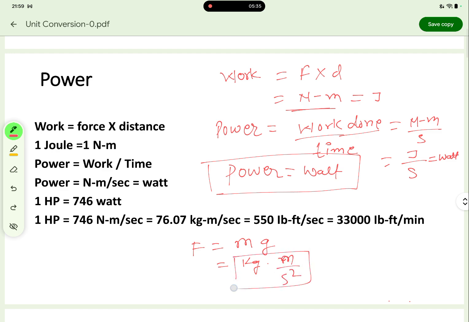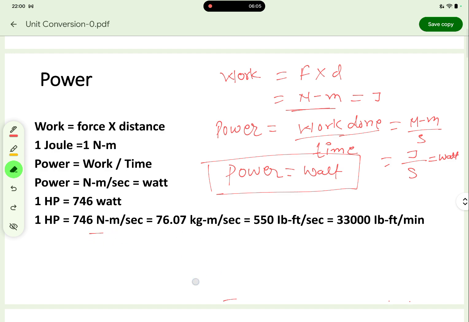When you combine these two things, you will get the Newton. So we want to change Newton from this. Now we want this thing written in terms of kg multiplied with g. If you divide this term with this term, you will get this value, right? And once you are able to know this thing,